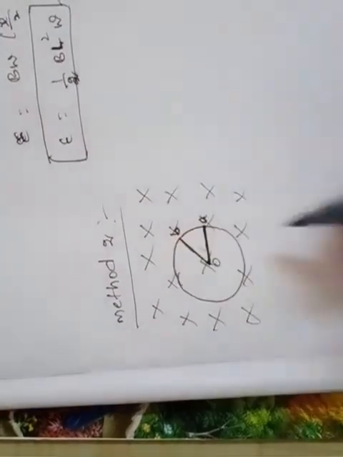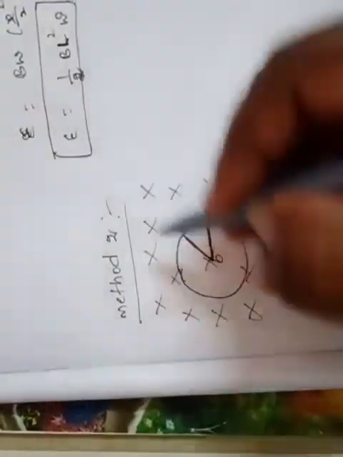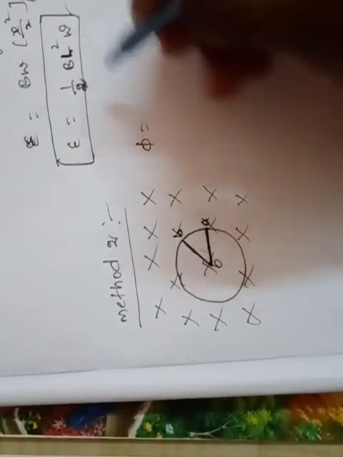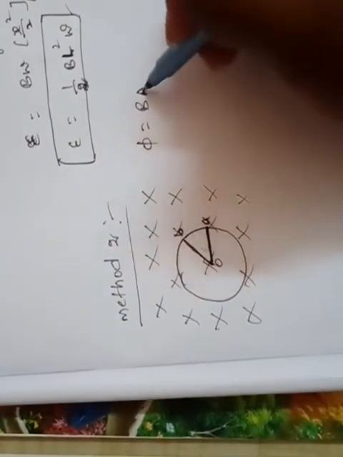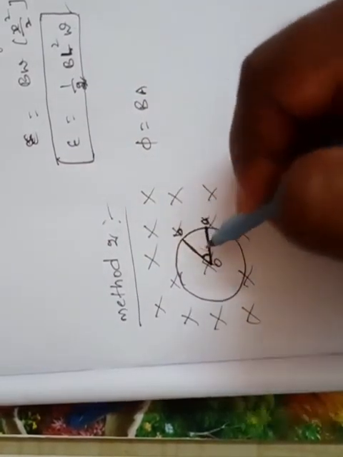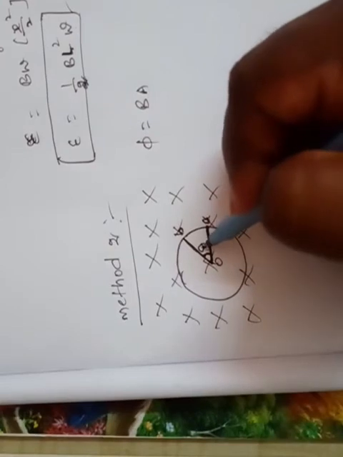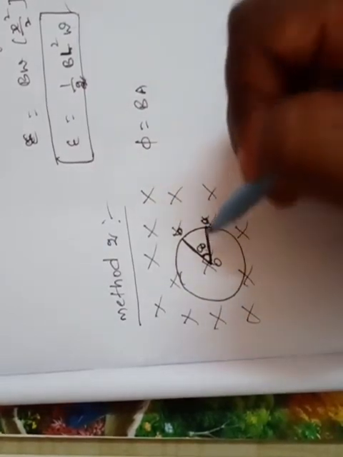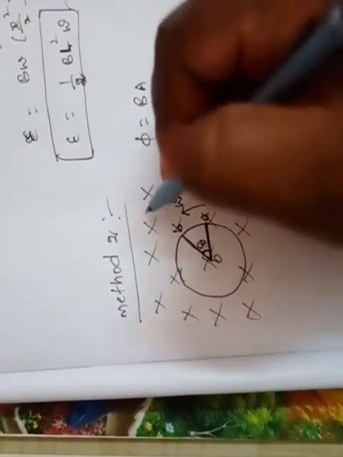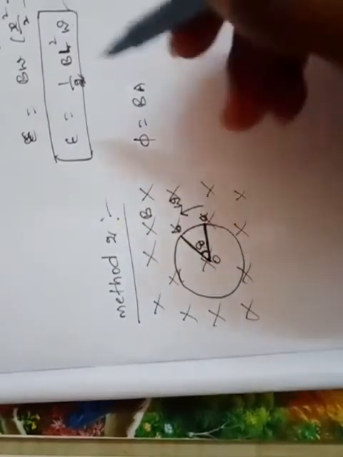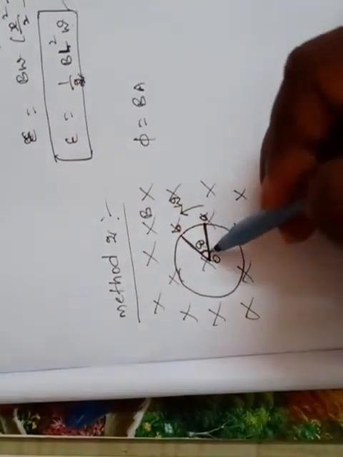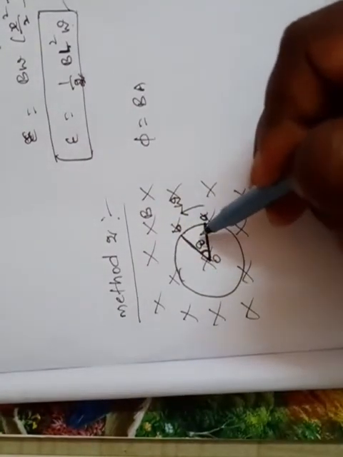So here we need to calculate the flux initially. So flux phi is equal to BA cos theta. Here theta is 0 degrees, and here from A to B the rod makes a certain angle theta, or angular displacement. The rod is moving with a constant angular velocity omega in the magnetic field. So flux I am calculating BA cos theta.